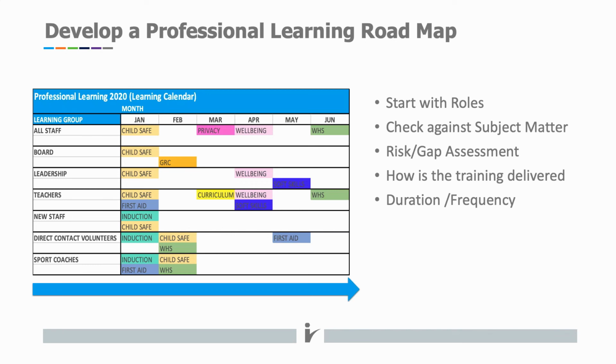And one thing we haven't got up here is to prioritize your learning. You don't have to do this all at once. Even if you start small with what you already have and then start to feather in exactly what you need once you find your gaps, what you'll end up with is a lovely little calendar, maybe such as in this example. It doesn't have to be like this, obviously. Then plot your training cycles. It'll really provide you an understanding of where your pressure points are during the year, any gaps in your training, and who is missing out on training.